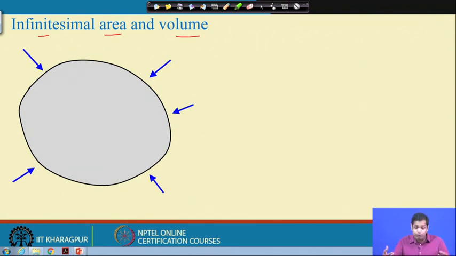Because of this, the material will experience some stress. If I ask what is the stress in this body or in this object, this question is not properly posed,